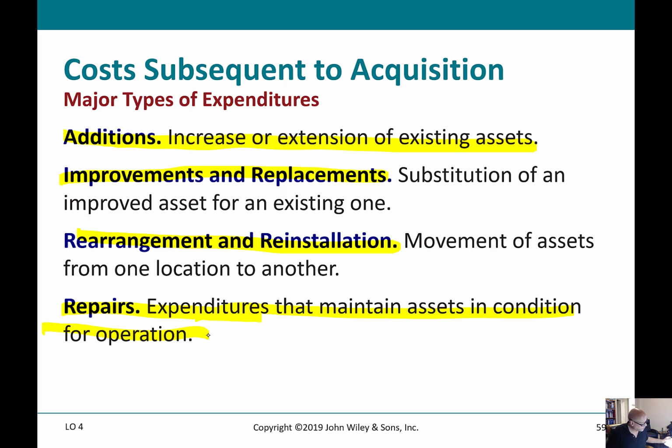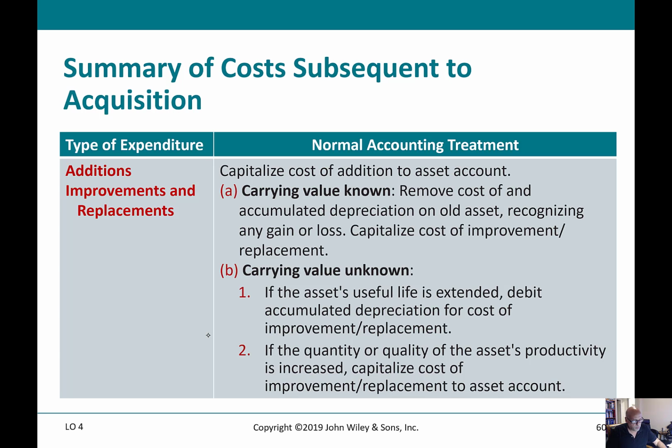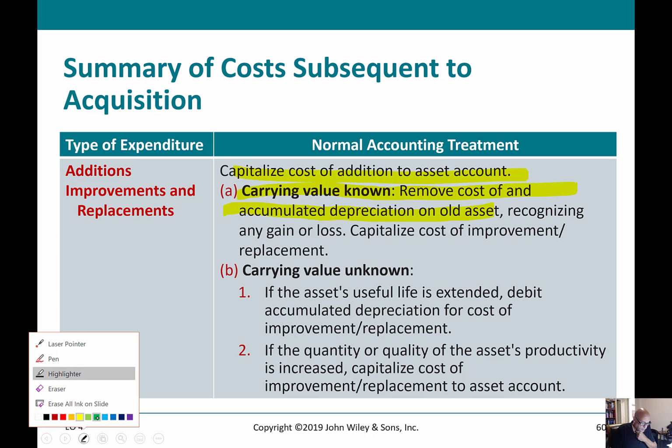All right, good. So let's go ahead and take a look at how to handle these items. I'm just going to go through one of them with you because it starts to repeat itself as to how you handle these. So we say capitalize the cost of the addition. It's an addition. And we say if the carrying value of the asset is known, remove the old cost and the related accumulated depreciation from the old asset,